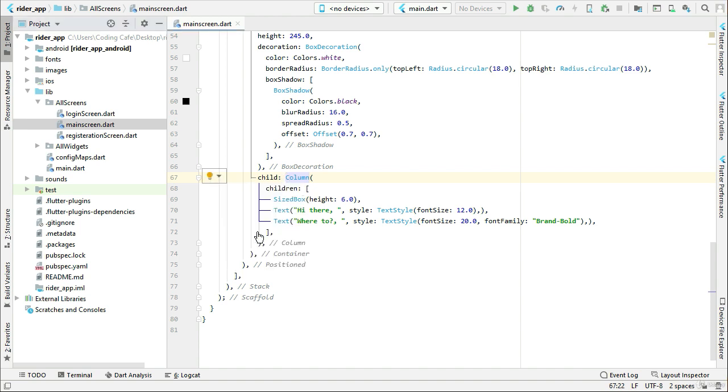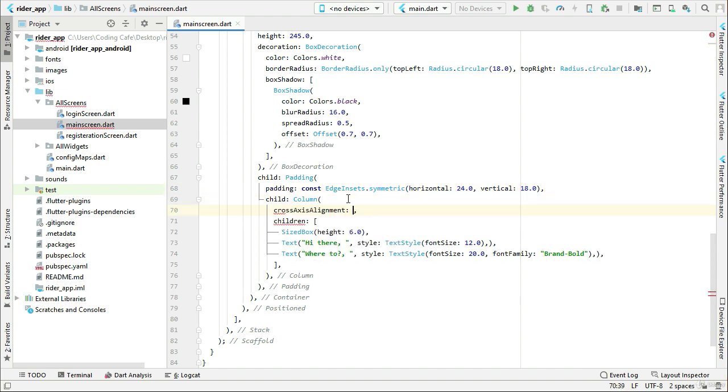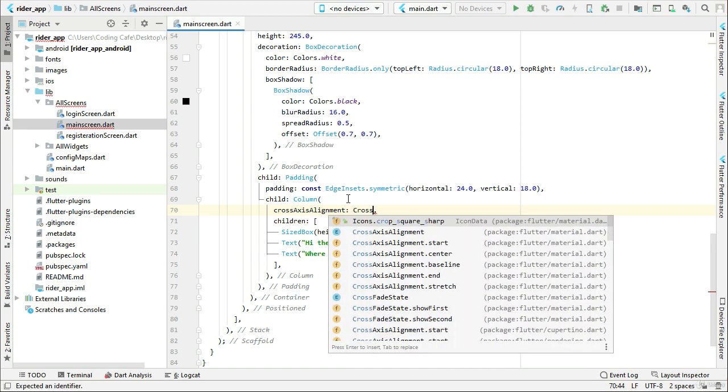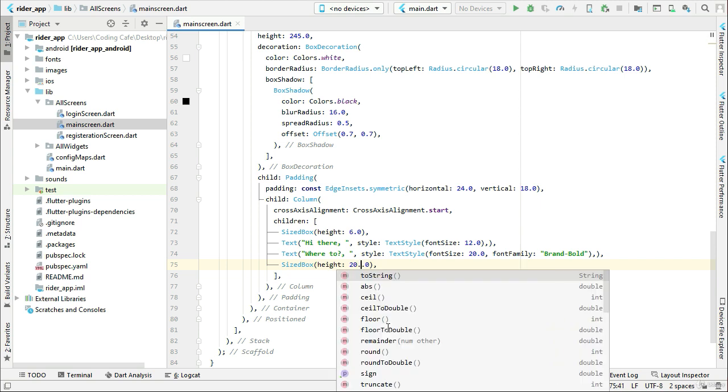Now let's add some padding to this Column widget. So wrap with Padding, and we can say EdgeInsets.symmetric, and for the horizontal it will be 24.0 and for the vertical it will be 18.0, and then we can say crossAxisAlignment.start, and then let's add another SizedBox which will be 20.0,